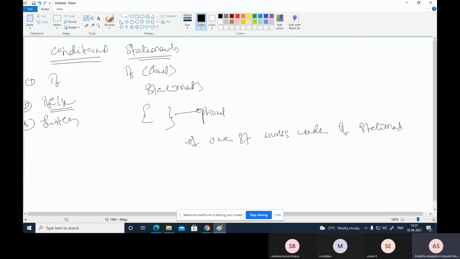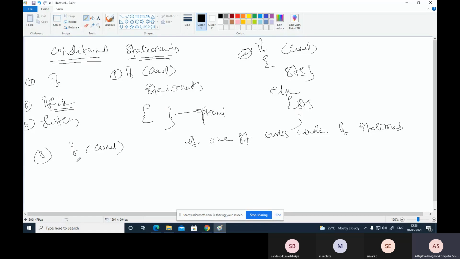Coming to if else: if condition, write the statements. Now the else part, write the statements. Then the else if ladder: if a condition is there, write the statements.